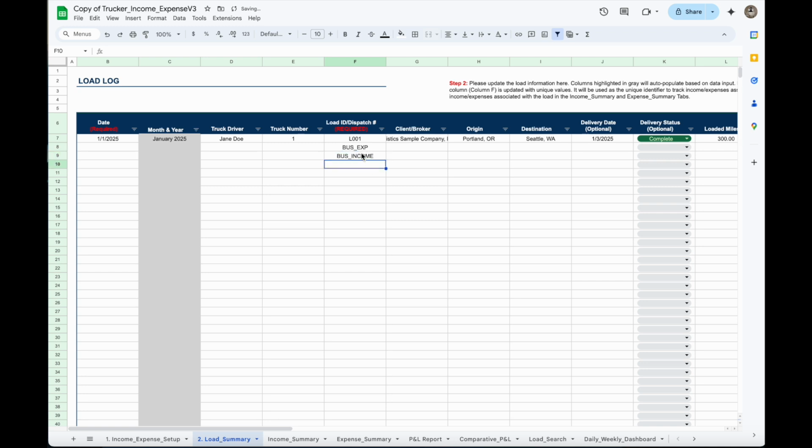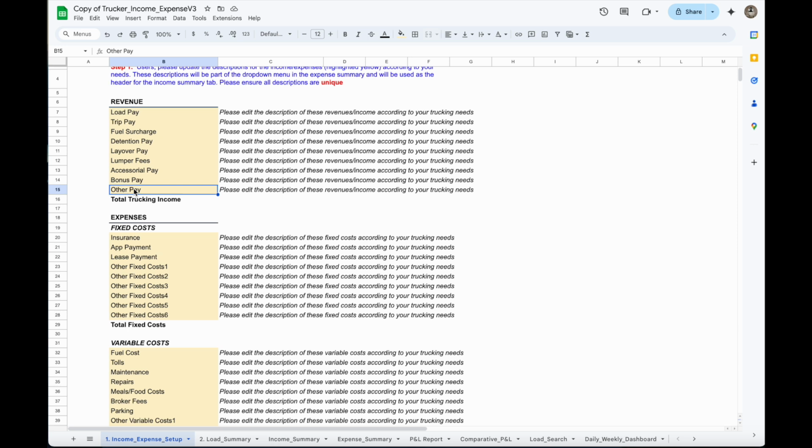You have two options. You can set up a business expense and a business income separately, or you can just do one. Let me rename it income expense. When you set this up here, it becomes a drop down menu, right? You don't need to put any other data here because it's not related to a load. You can put a date too if you want, but I'm just putting it here so I can have a unique identifier. So let's say we have some general business income that's not related to trucking. Let's just make this, I don't know, dividend